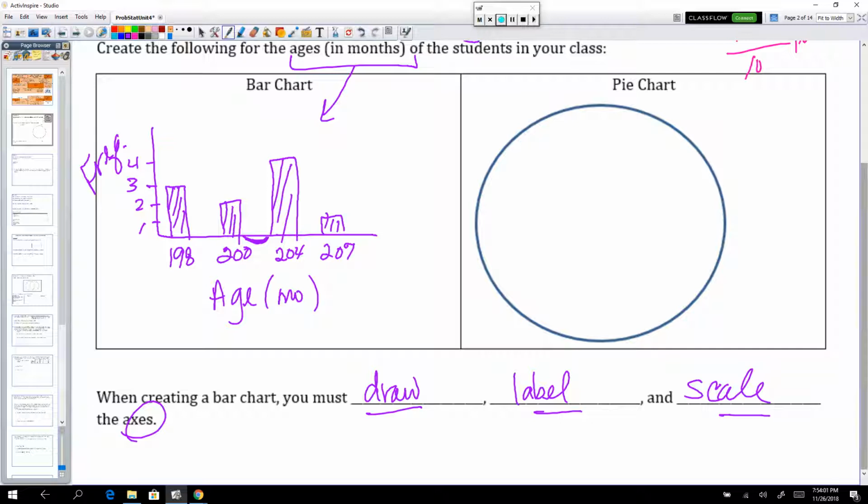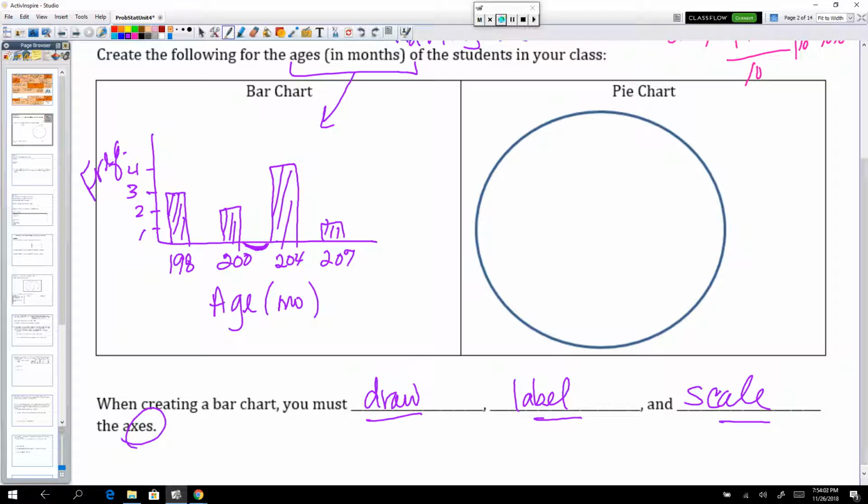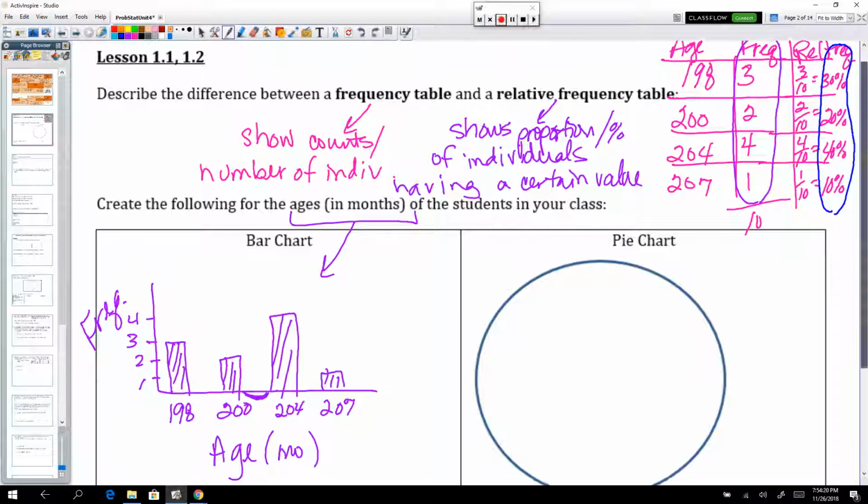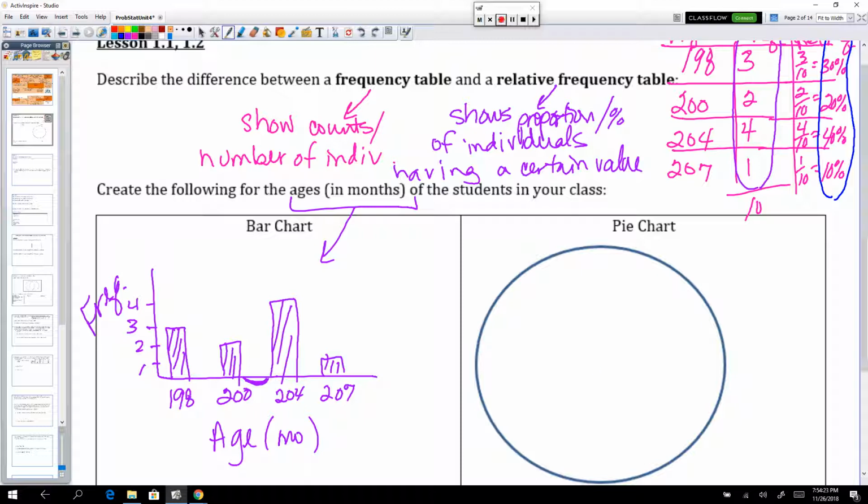Pie chart, instead of using my frequency table for a pie chart, the frequency table was super useful for the bar chart, but the relative frequency table is more useful for the pie chart, right? Pie charts use portions, and so the fact that 30%, and this is not going to be the scale, but 30% of my class is 198 months old,